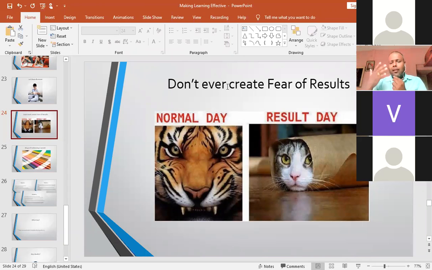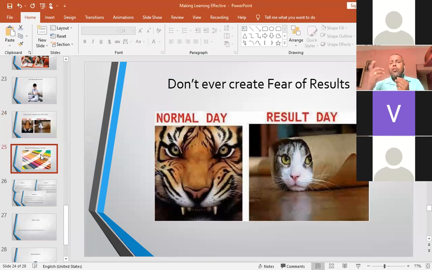Since class 5, class 6, class 10, if you start inculcating only those thoughts in their mind, then they will always look at learning from the perspective of the outputs, that is results, and results in terms of numbers, which is so sad. If the result is in terms of rubrics, we get to know about their skills and understanding. But if it is in terms of numbers, it is surely going to create fear among them. So it is always good not to create any kind of fear about the results when we think of learning.